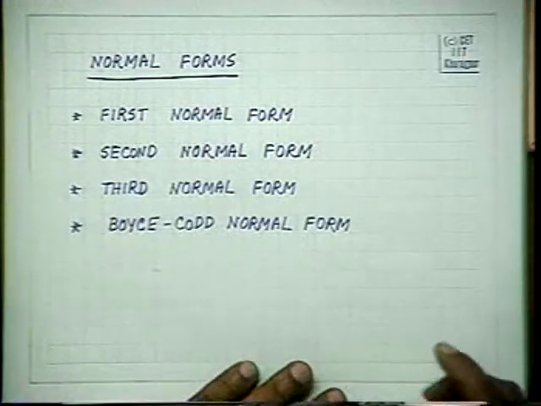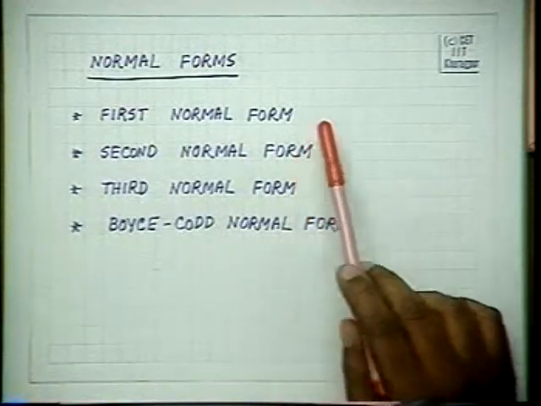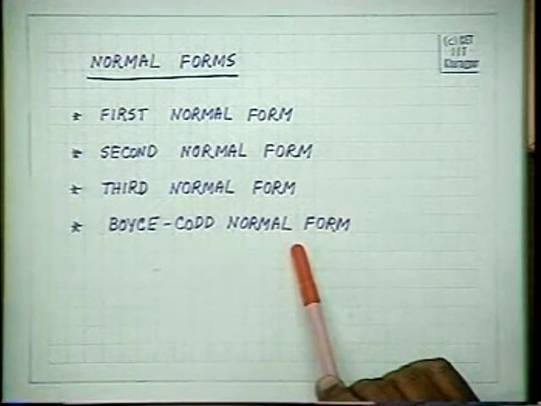Therefore, our two conditions were lossless join, which was a necessary criterion without which the database decomposition would be incorrect, and the second was dependency preservation. In order to achieve reduction of redundancy, we studied some of the standard normal forms: the first normal form, the second normal form, the third normal form, and the Boyce-Codd normal form.